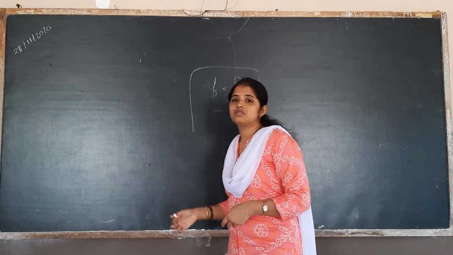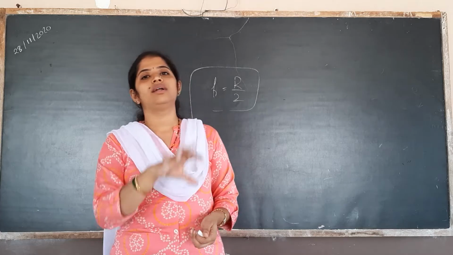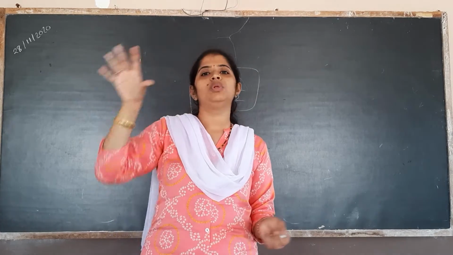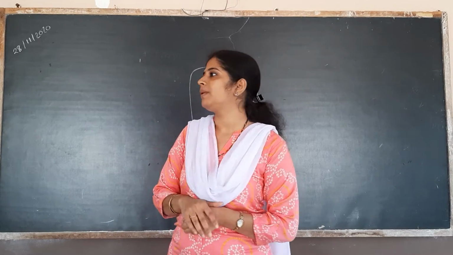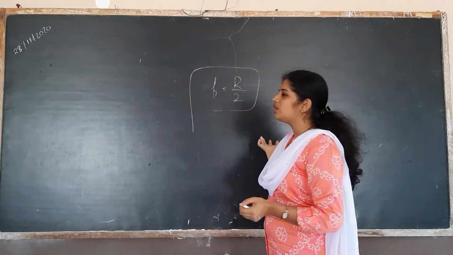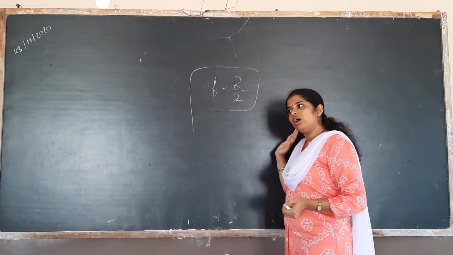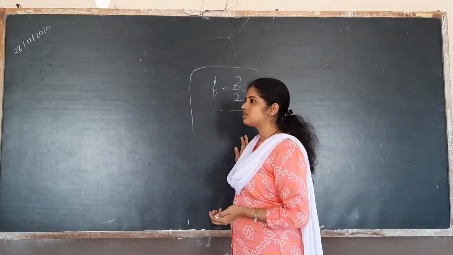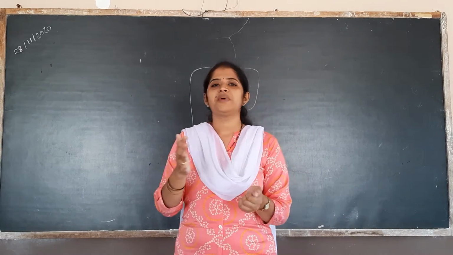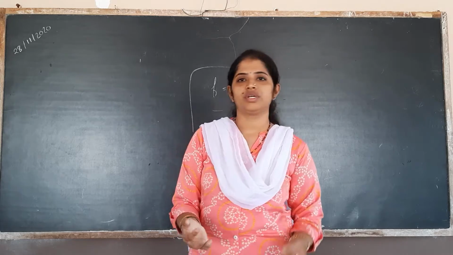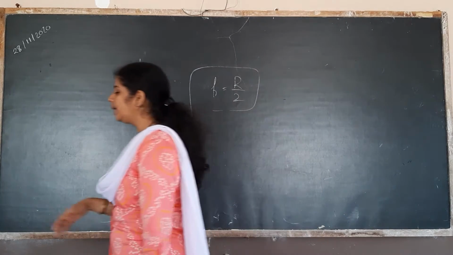But whenever you are considering a spherical surface, you will not get that. The image will be blurred and enlarged. So what happens to the refraction? This condition does not hold good for spherical surfaces and lenses. When you are considering spherical surfaces, what happens to the refraction? That we will see.